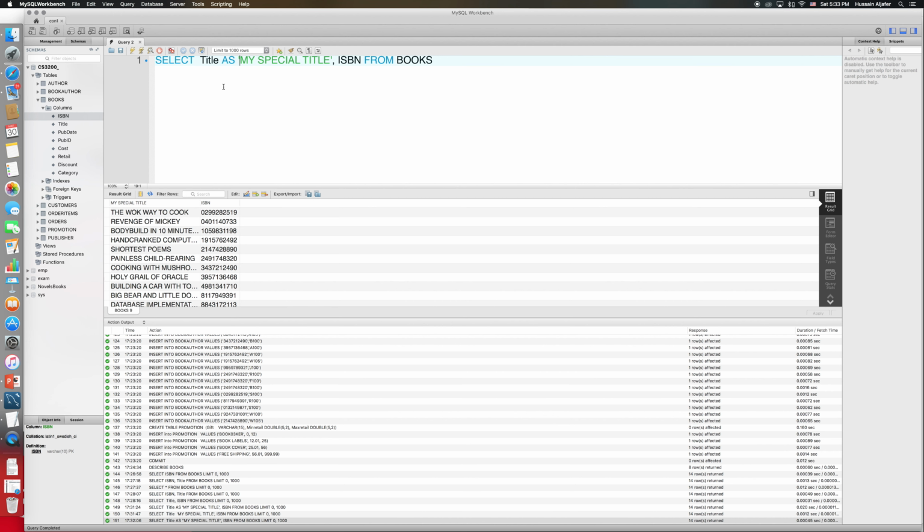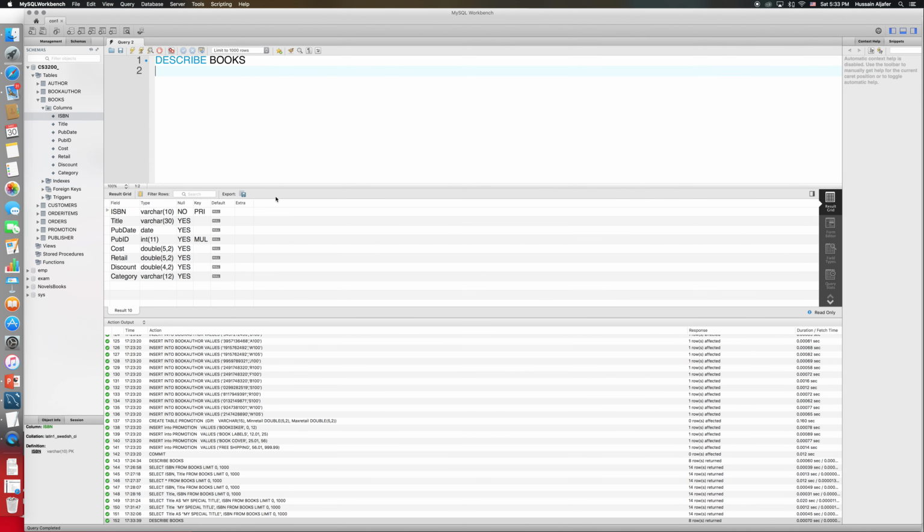So in this example, or in this table, how can we incorporate any sort of arithmetic operations? Remember the easiest way to get your list of columns? Describe books. So let me see what do I have in here. So if I look at the columns, I have something that's called cost and something that's called retail. So for each book, I have cost and retail. So the cost is how much the book is costing me. The retail is how much I'm selling it for. And then you have discount as well. So let's try doing a simple